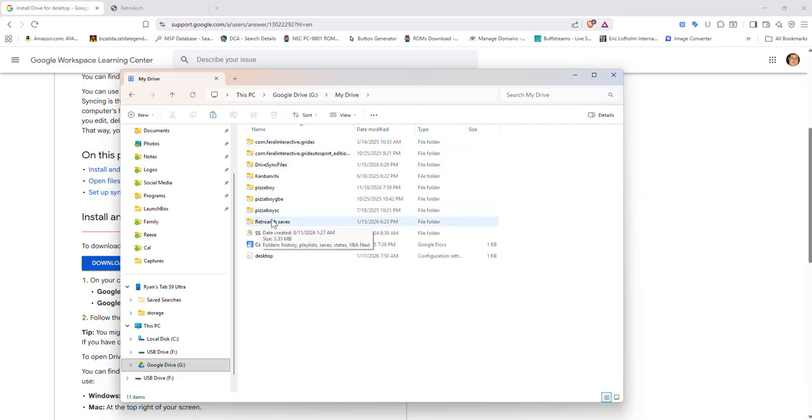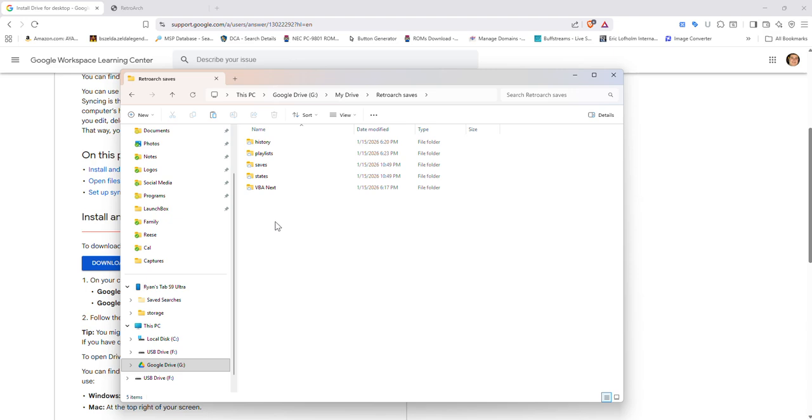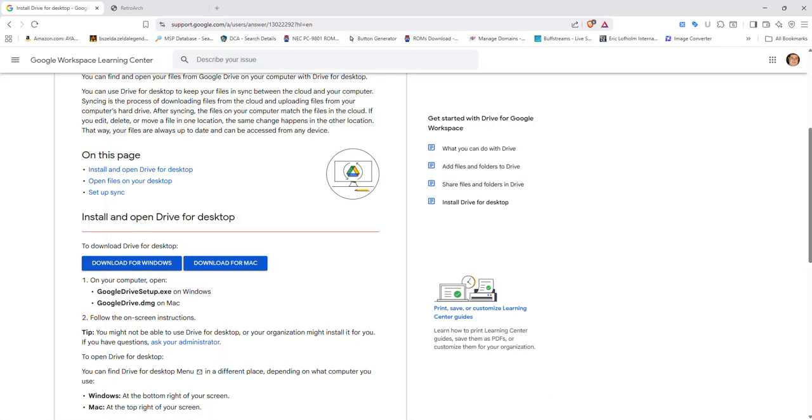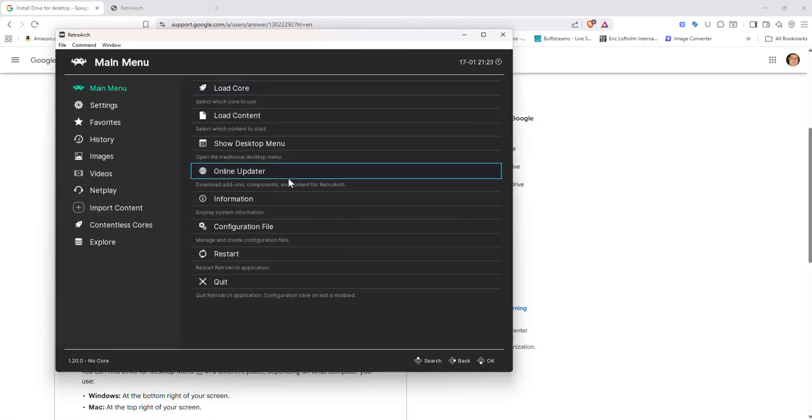and create a RetroArch saves folder. And you want to have three folders you want to make: playlist, saves, and states. Make these three here. So then what you want to do is you want to come to your RetroArch here,